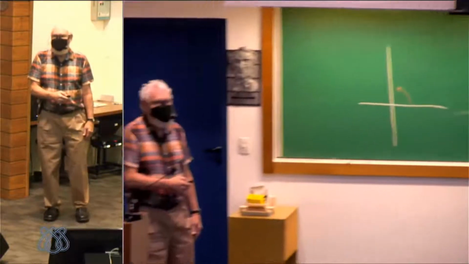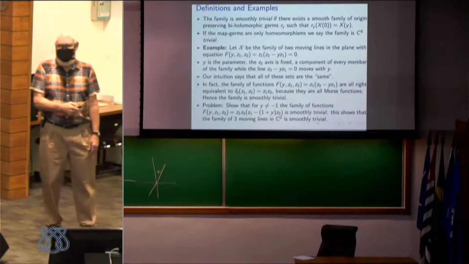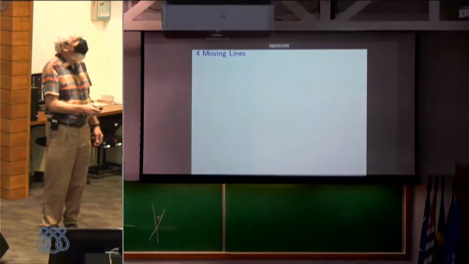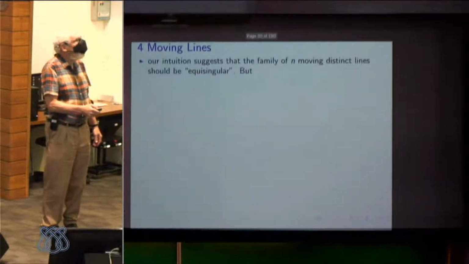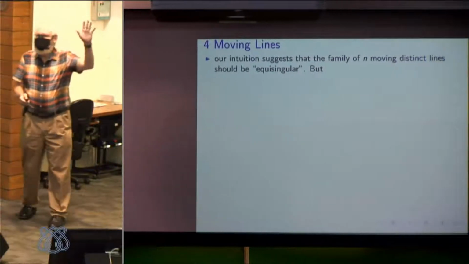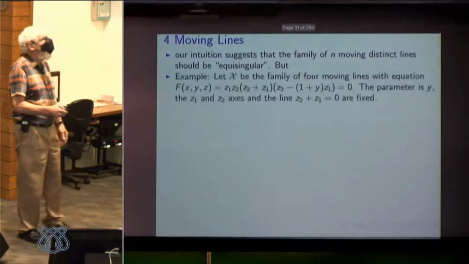Problem: show that the family of three lines, where one of the lines is moving, is analytically trivial as well. And now we come to four moving lines. So, should four moving lines give us an equisingular family? Yes. But